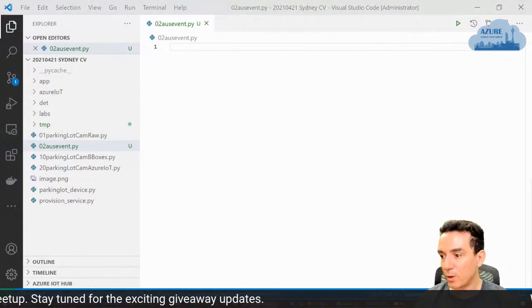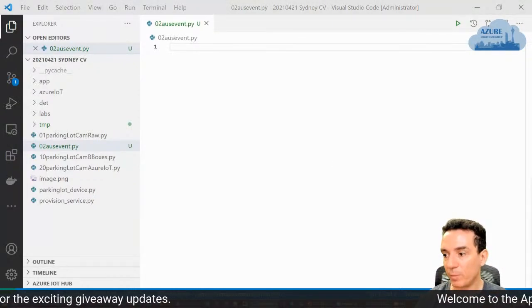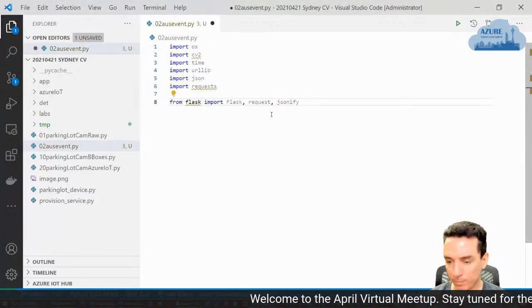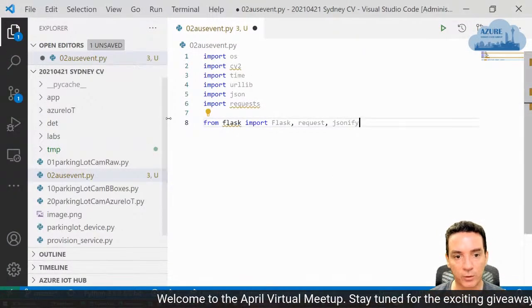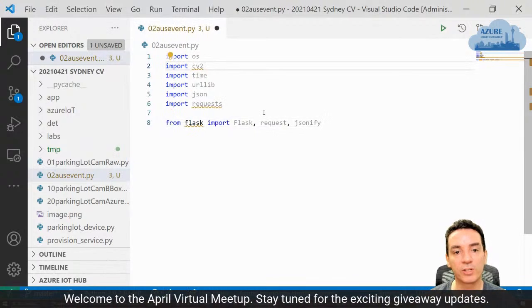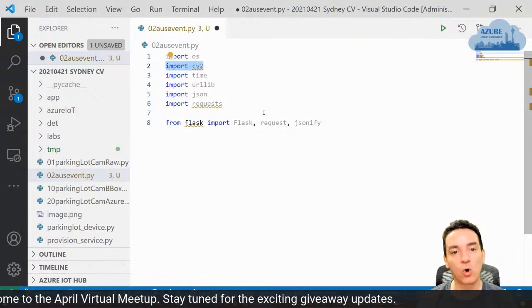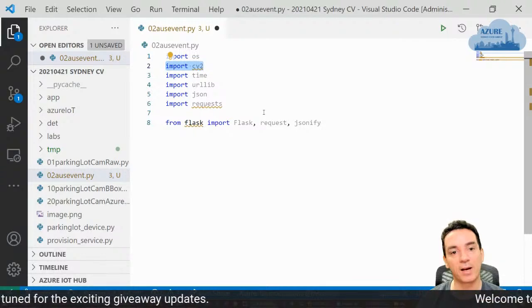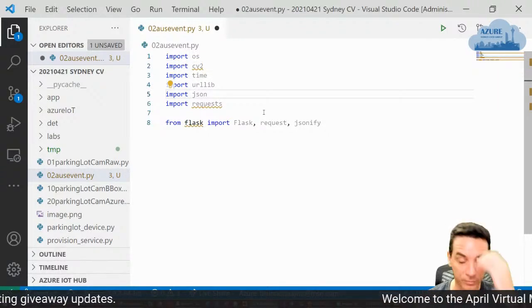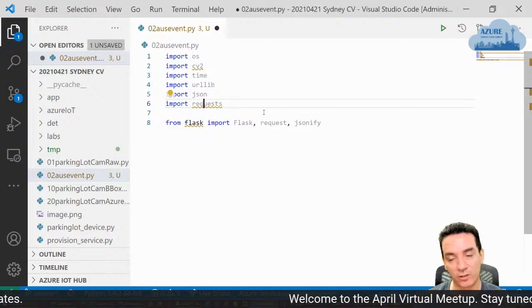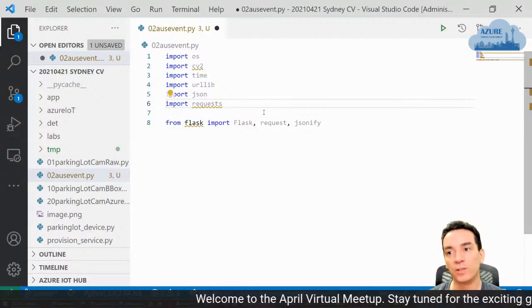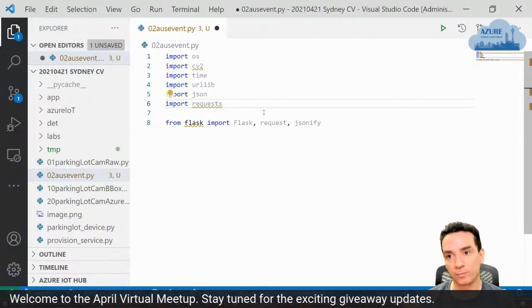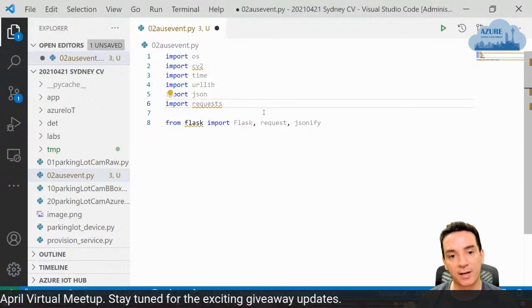So the first thing that I'm going to do is add some imports here. Let me increase the size of the fonts a little. And I am going to use a couple of libraries here. I'm going to use OpenCV to do the image analysis, to access the camera. And I am going to use requests for later to make the request and Flask to interact with the local Docker web server that I have here to analyze this.